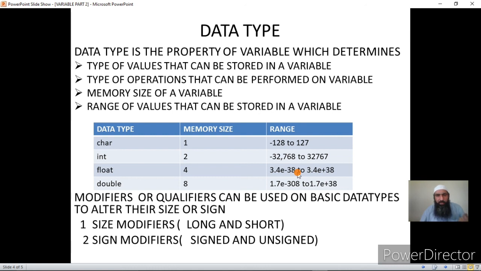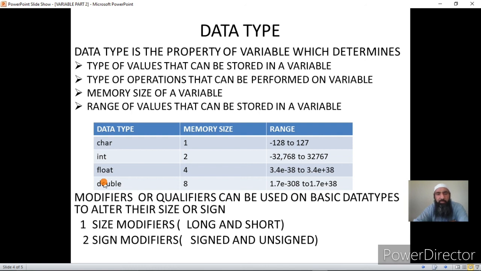Now again we can modify the basic data types. These four are called basic data types, or primitive data types, or fundamental data types, or compiler defined data types. There are also other types of data types provided in C. These are derived data types and user defined data types. I will not discuss those two types here, but remember there are three types of data types supported by C. One is the primitive, basic, or fundamental, or compiler defined data types. Then we have user defined data types. Then we have derived data types. What we are studying right now is the primitive or basic data types.